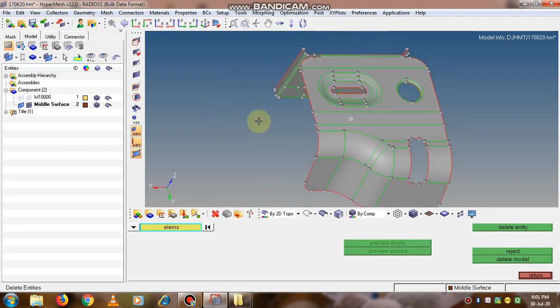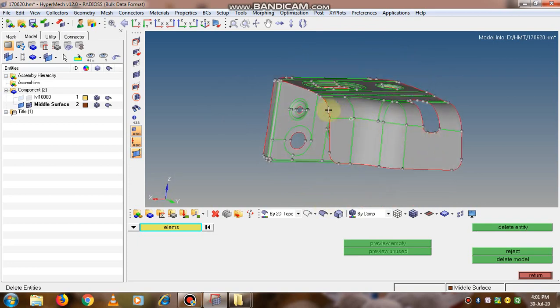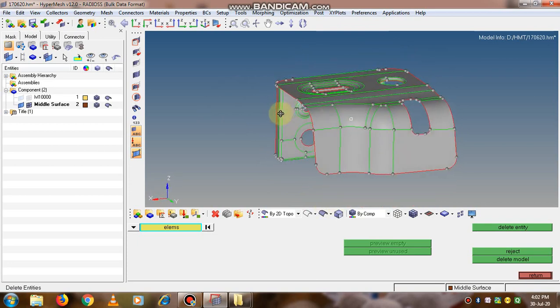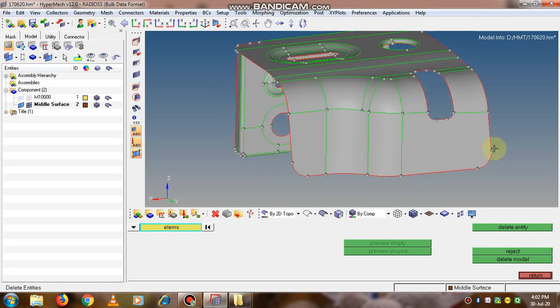its middle surface. Now how to take the mid surface, for that my separate video is there that I will upload in the description tab, so that you will have access to it. Now this video is an introduction about how to generate the different types of 2D elements. So we'll see one by one what the different 2D elements are and how to generate them.